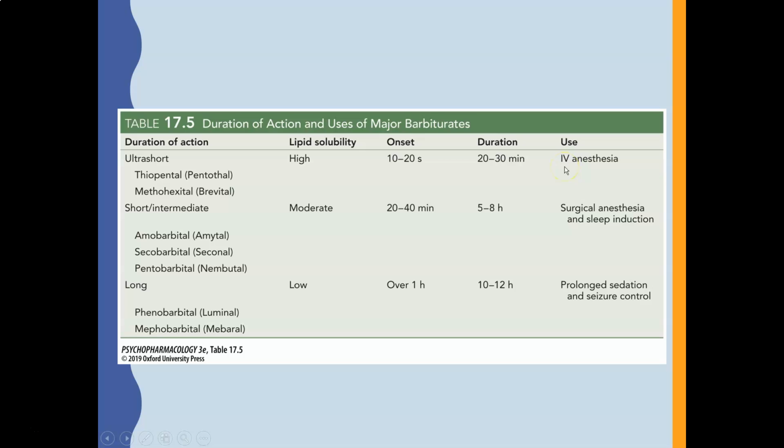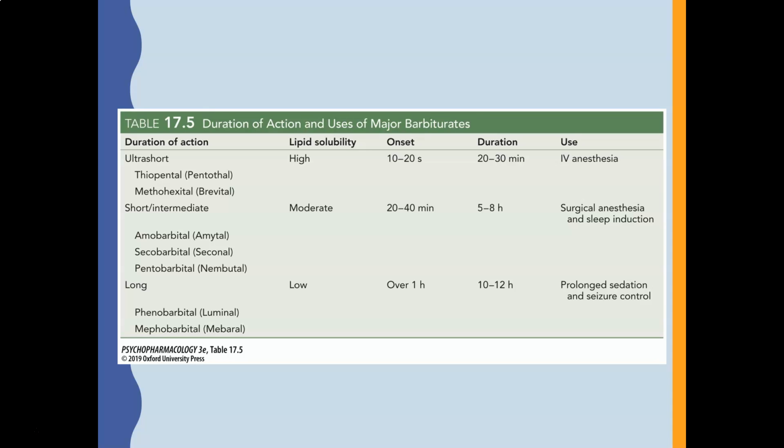So usually for people that are going under surgery, they may get some IV anesthetic before they get a deeper anesthetic that can last for several hours. We have short or intermediate with moderate lipid solubility. This includes amobarbital or Amytal, secobarbital or Seconal, and pentobarbital or Nembutal. This lasts for several hours. It's critical for surgical anesthesia and sleep. And then for long periods, that includes phenobarbital or methobarbital. This is for prolonged sedation and seizure control, and in particular, phenobarbital can be incredibly deadly and dangerous if not